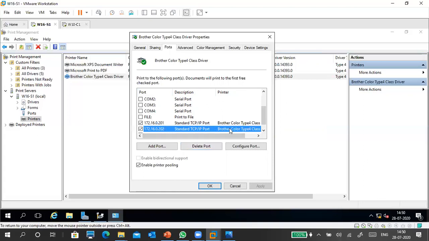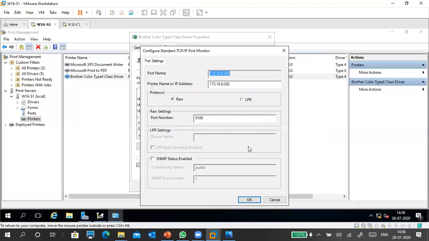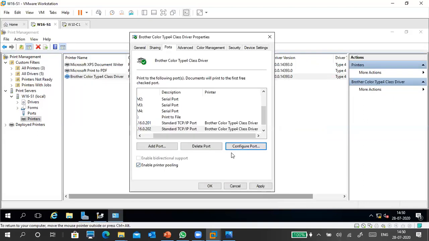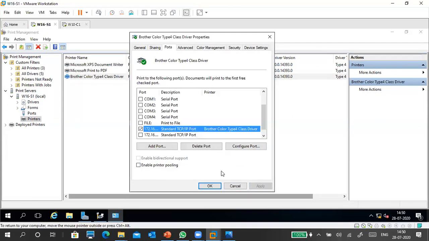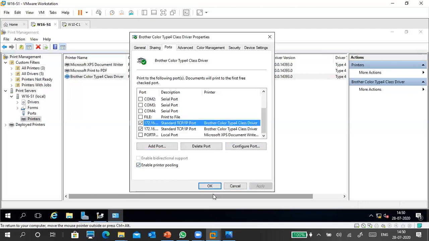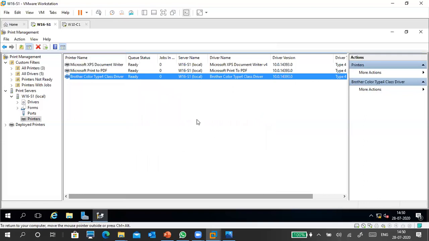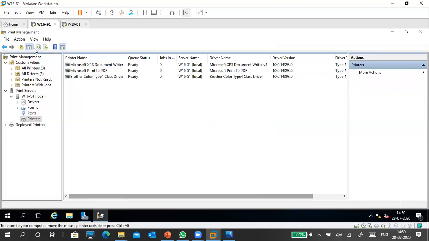So now both are in the same pooling. Apply. Now you can see it's showing one printer only here. If you refresh also, it shows one printer only.